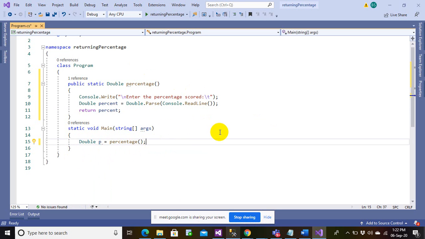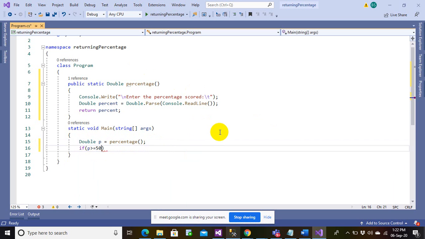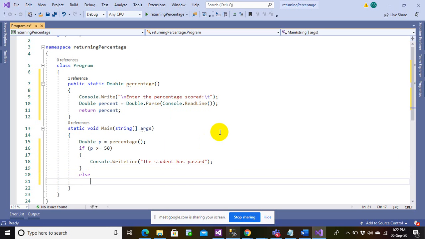Now I can make decisions. If P is greater or equal to 50, then the student has passed. Otherwise, else, the student has failed.